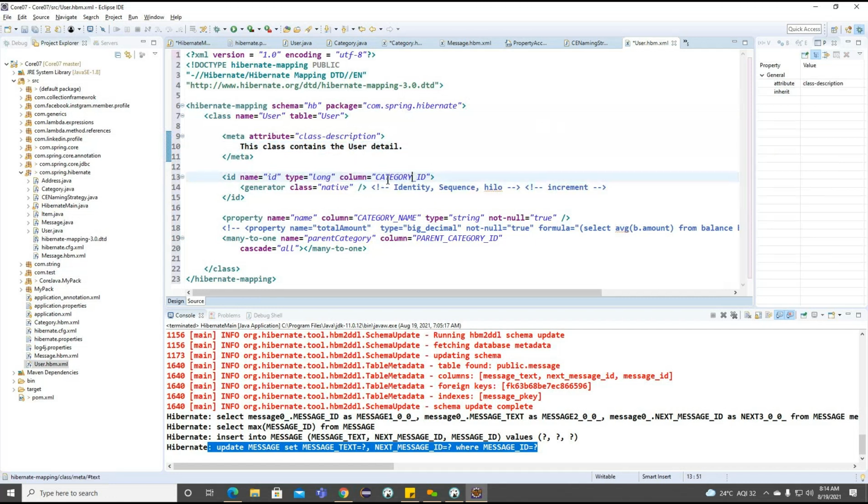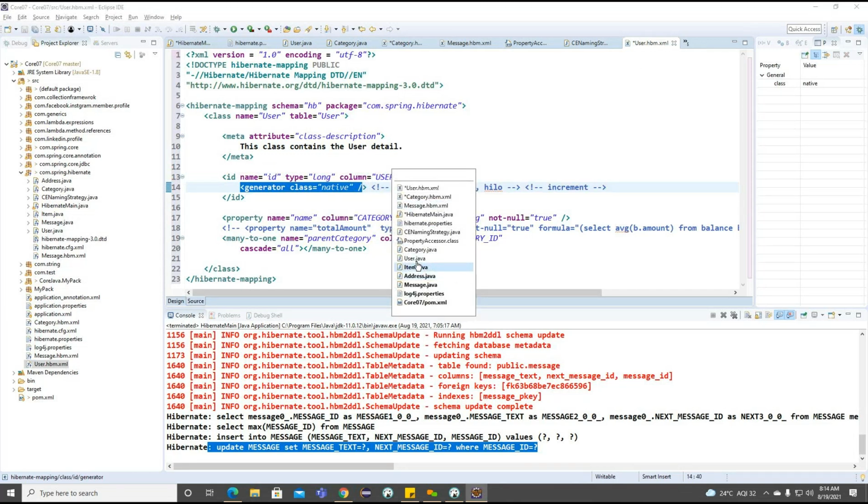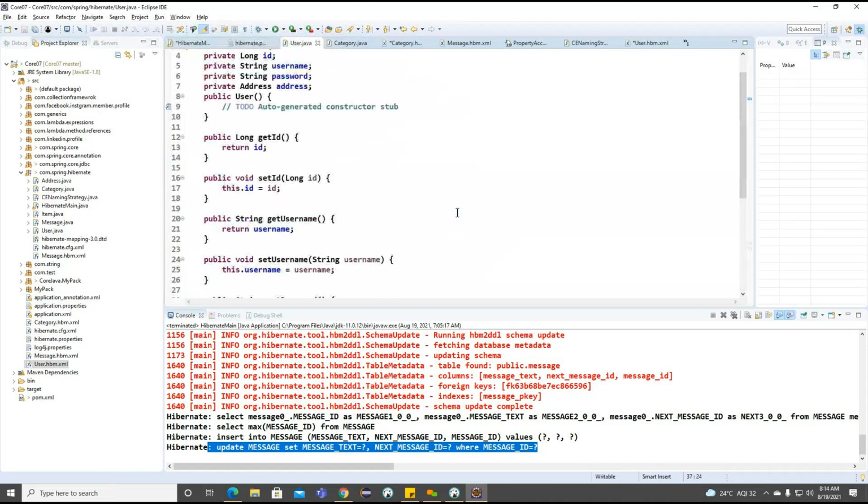Inside the user we have user ID, and I want to make the generator native only. And then property. Let me go for the properties here inside the user class.